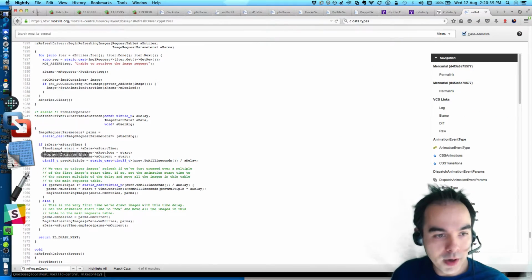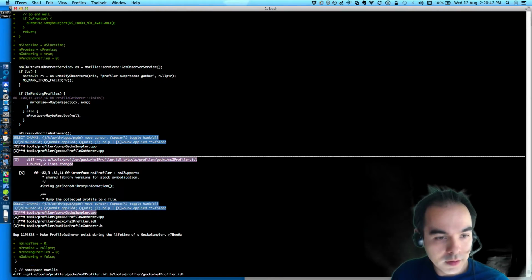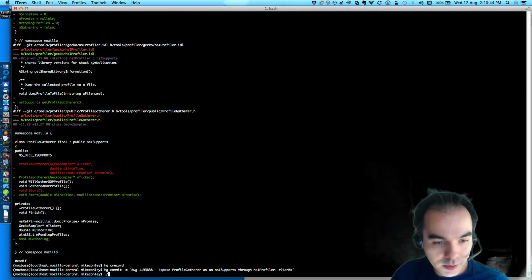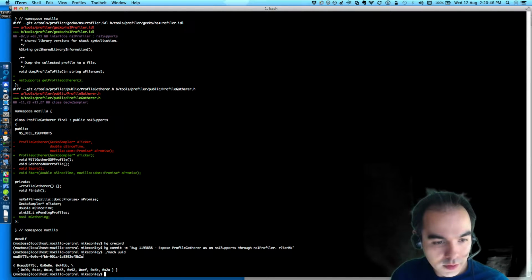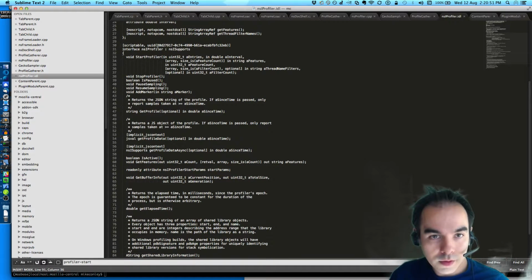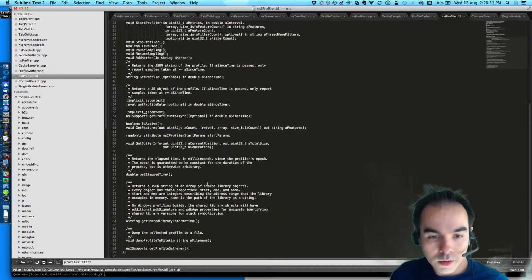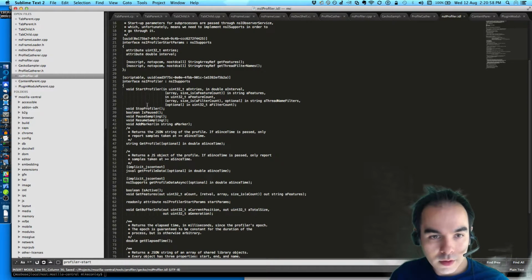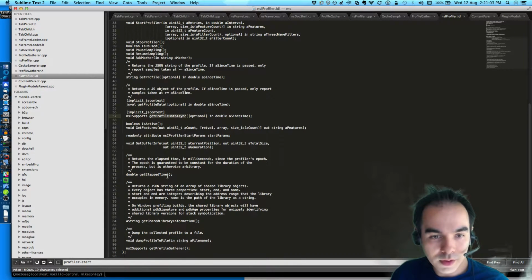I want to bump that UUID. Where was that? I'll just make a new one with the Mac uuidgen. So, get profile gatherer. Some of these are capitalized and some of them are not. Get profile data. I don't know what I should do. Profile gatherer.